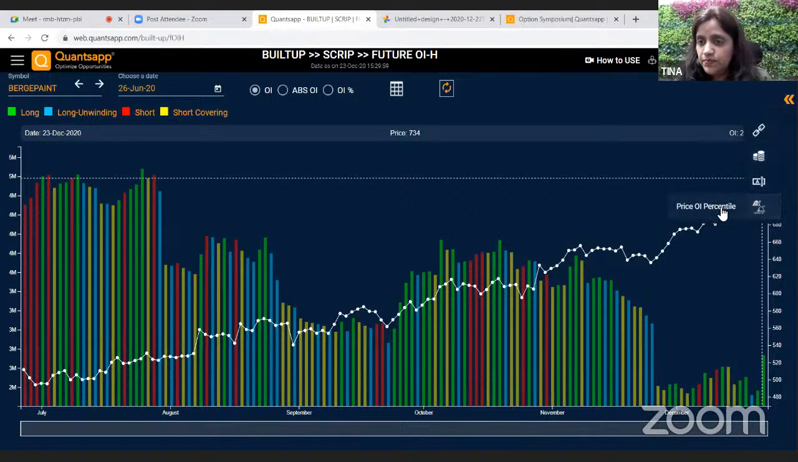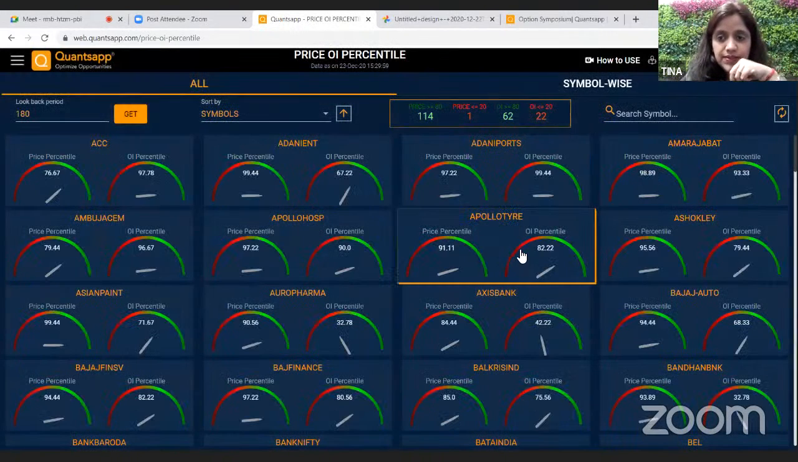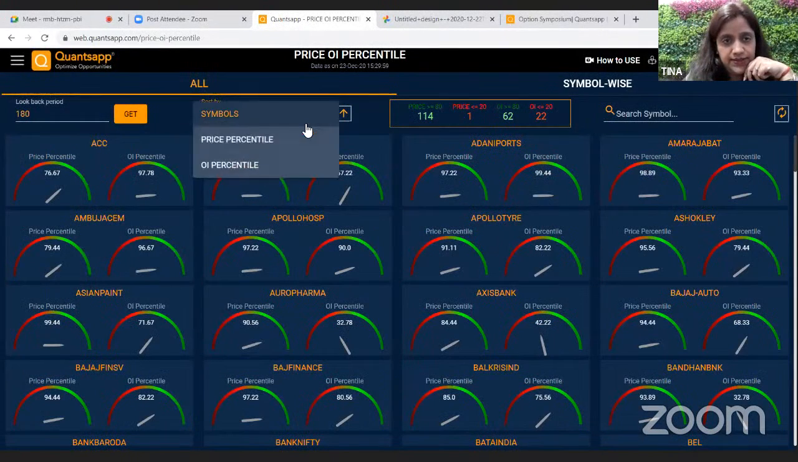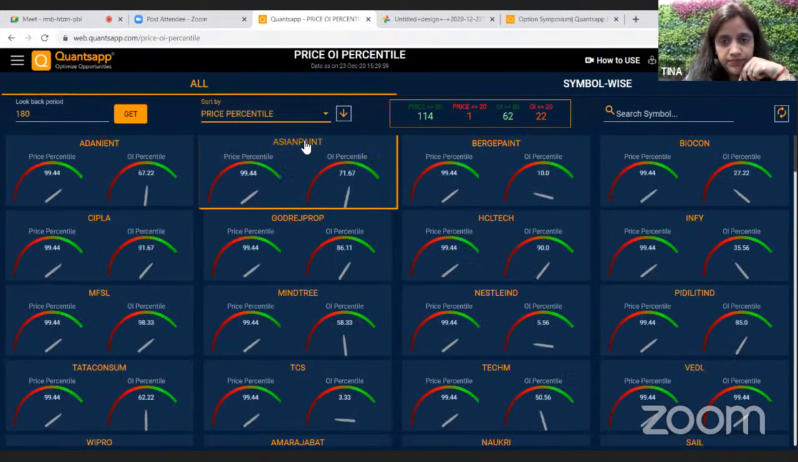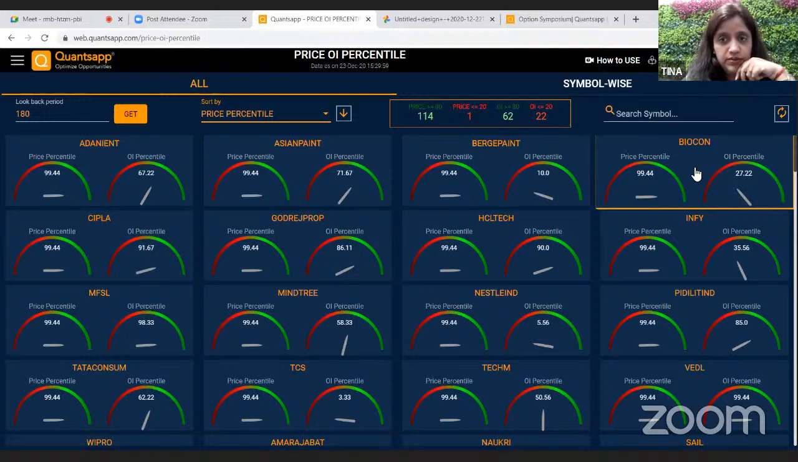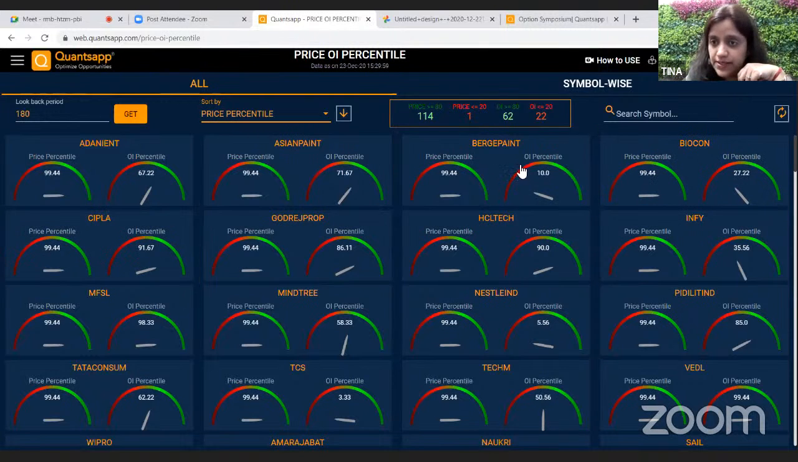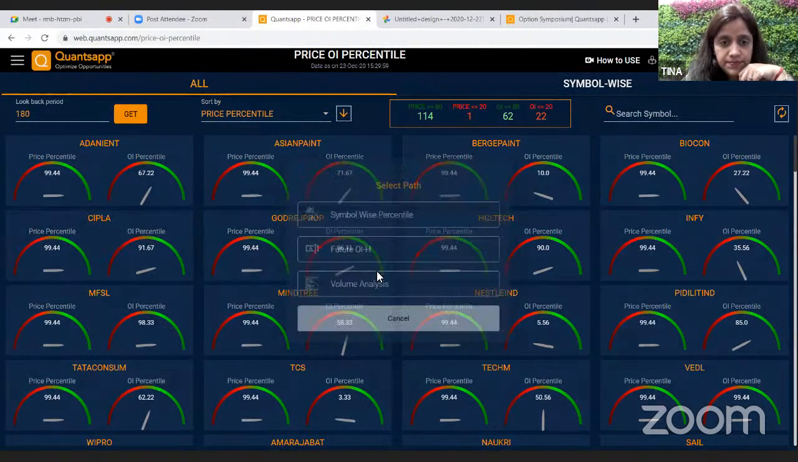So if I move back to price OI percentile, then you have Biocon, where the price is at the upper end and OI is at 27. Cipla, so they both are from the pharma space. If you look at Cipla,